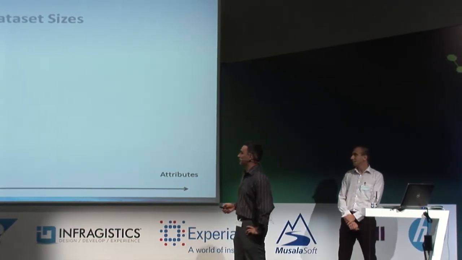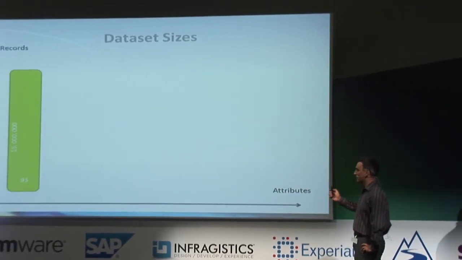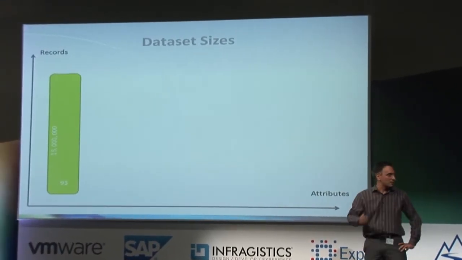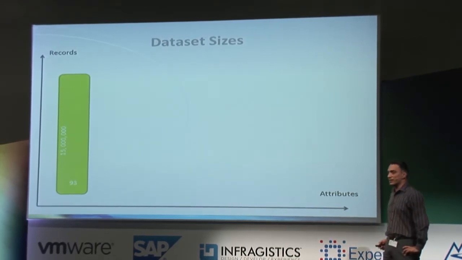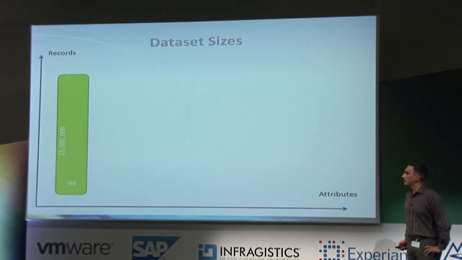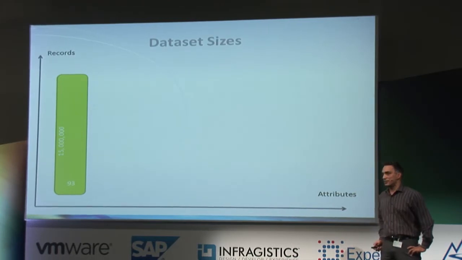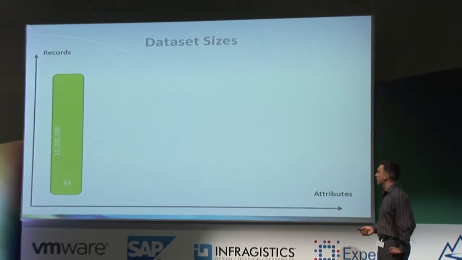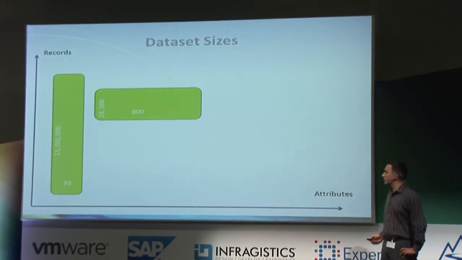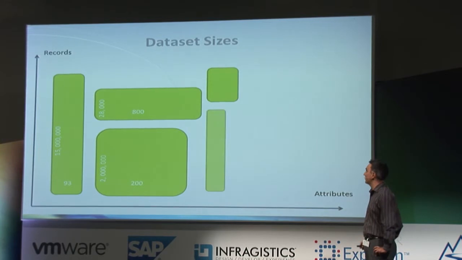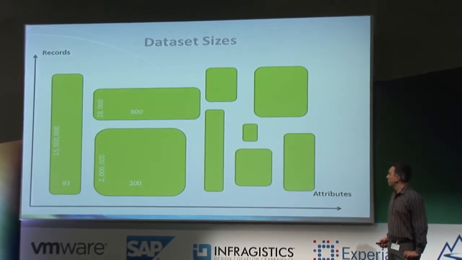First, selecting a number of different projects, like data set sizes. Luckily, as Mitko said, this was a legacy product, so we did have a lot of usage statistics about the product. We started analyzing those usage statistics and selecting some projects of different data sizes. So we had projects with a lot of observations and not so many attributes, or projects with a lot of attributes, hundreds of them, and not so many records, and so we selected a bunch of different data set sizes on which to test the performance.